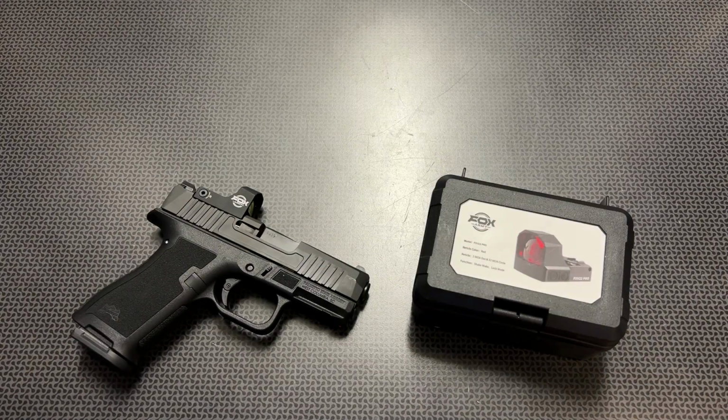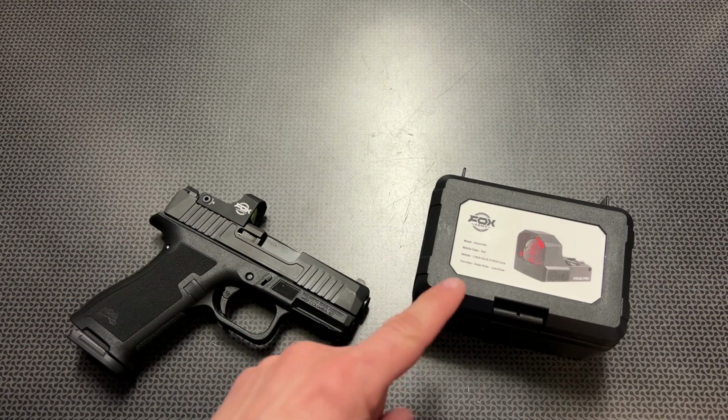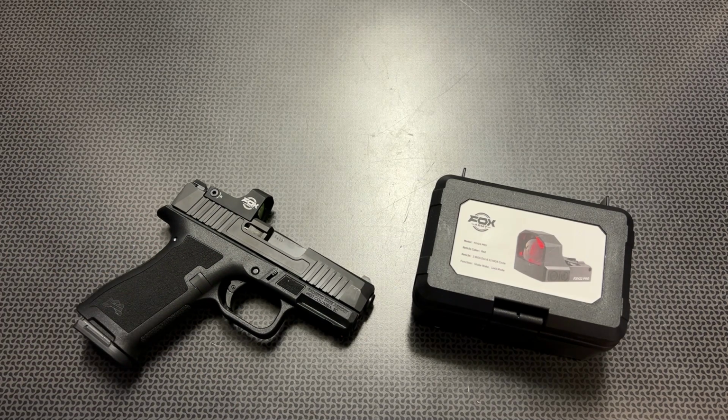All right, guys, well, I'm back today with another high value and budget micro dot fitting most of the micro 9mm out there on the market, including the brand new PSA Micro Dagger. Now, this is the Foxarmy FXV22 Pro, and it's the multi-reticle design version featuring the dot, the circle, and both the circle dot system. And we'll talk a little bit more about that reticle selection in a later part of